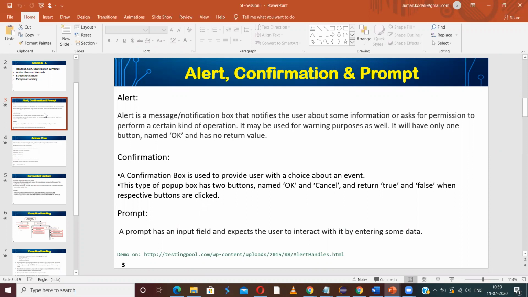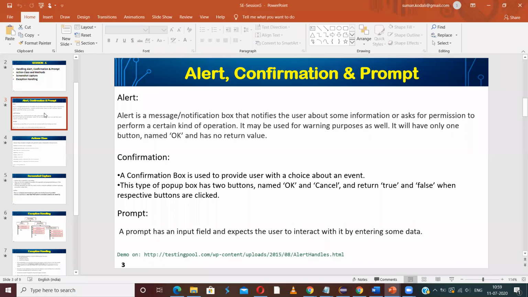So in our programming, if we want to take two different flows based on the user response, one a positive flow, another an alternative flow, then we will design confirmation boxes. And once the confirmation pop-up is displayed to the user, based on how the user has responded, we have to write our program, or take further steps. We have to take a decision on which elements to click next after receiving the response from the user. So for that purpose, we use a confirmation box.